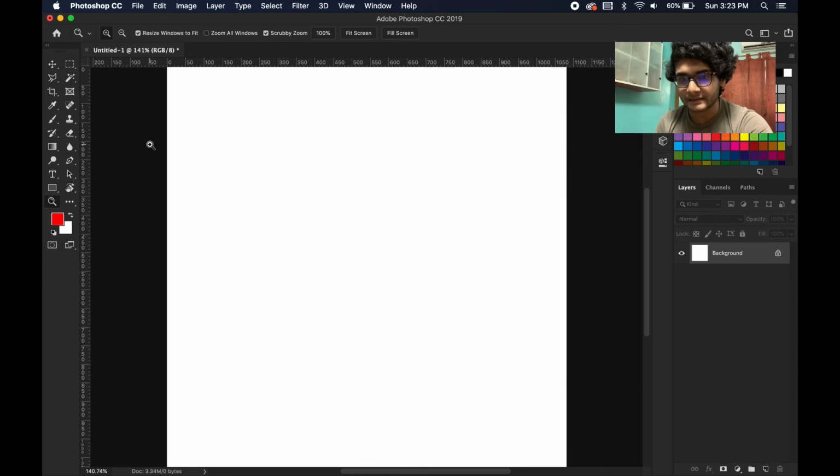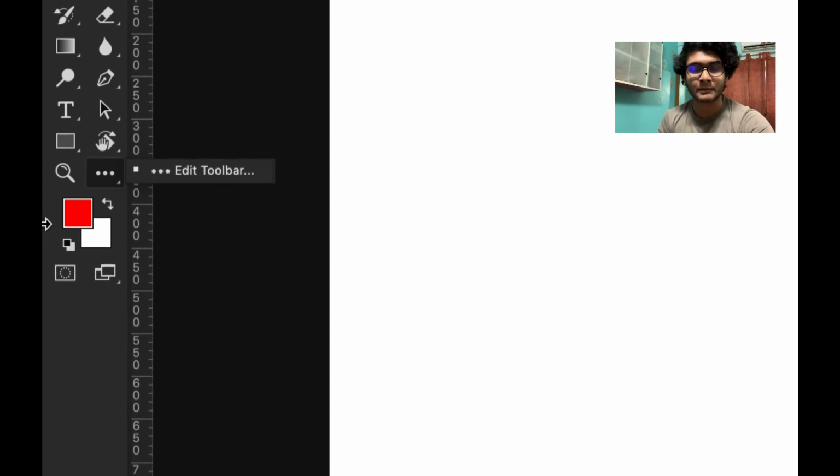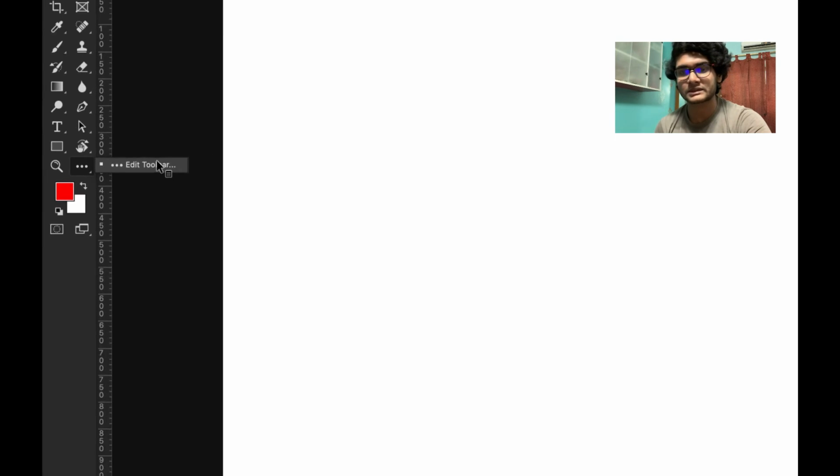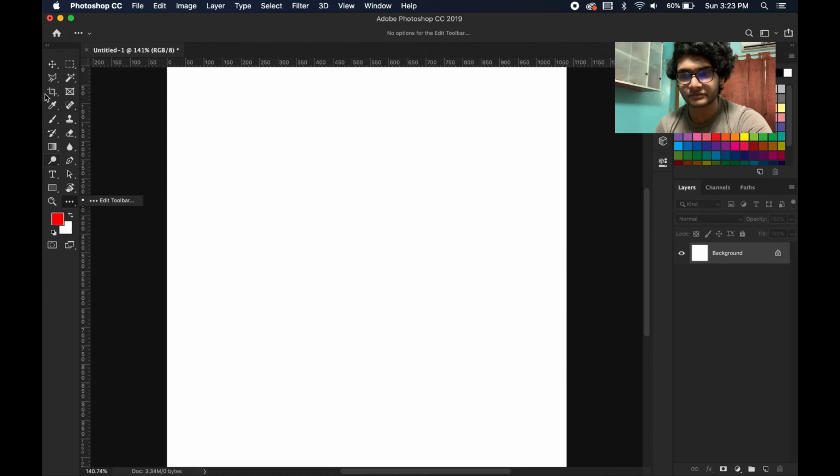And here, this last 3 dots, it is actually hamburger menu kind of stuff. If you are into app development industry, you will know what is a hamburger menu. So if you use this tool, this is actually a tool for editing the toolbar. So that's actually very important if you want to customize the positions of these tools. This is actually not required in any means for us. Just press the move tool and all.